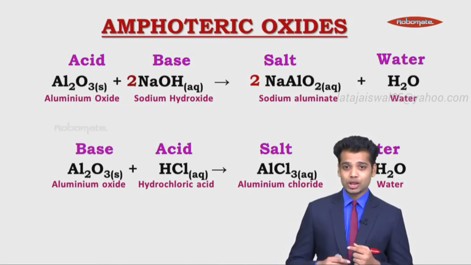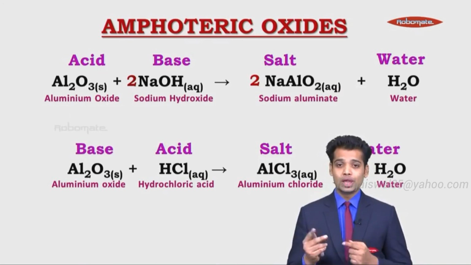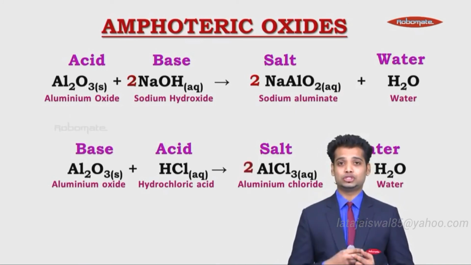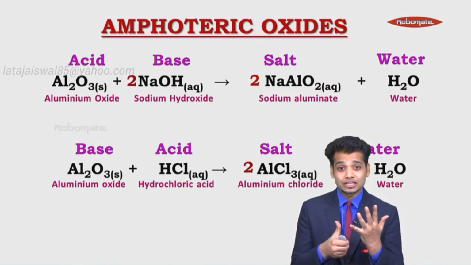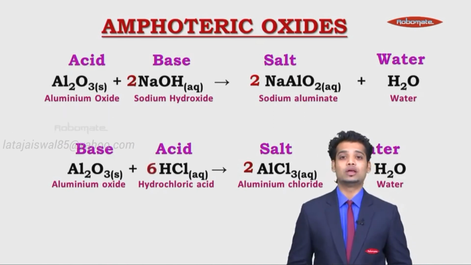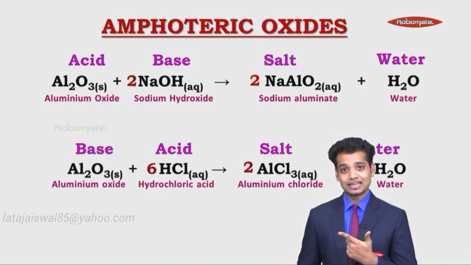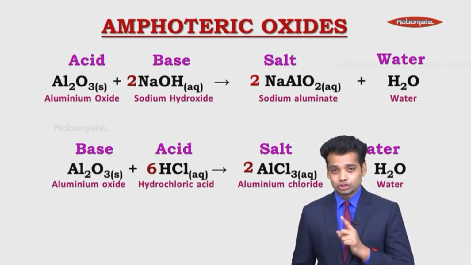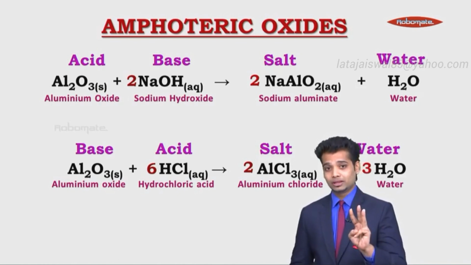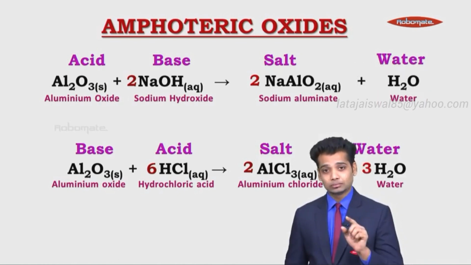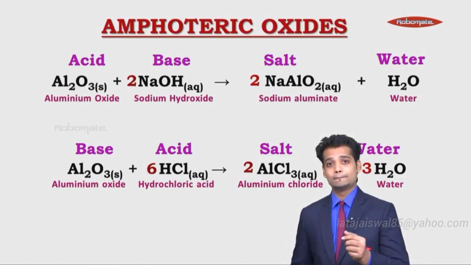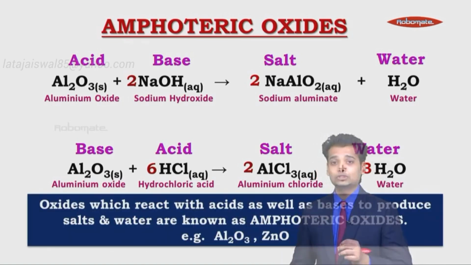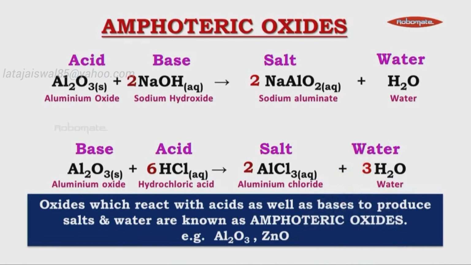So let's balance this reaction. Al2, Al is just 1, so you multiply by 2. When you do that, Cl becomes 6. So you multiply 6 on the left hand side, making Cl6 as well as H as 6. So you multiply on the right hand side by 3. Oxygen becomes 3 and it is 3 on the left hand side. The reaction becomes balanced. Oxides which react with acid as well as base to produce salt and water are known